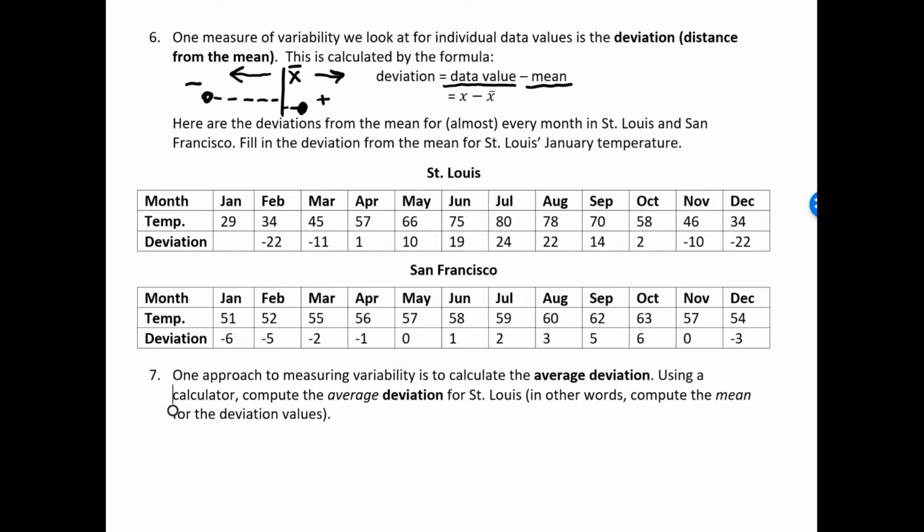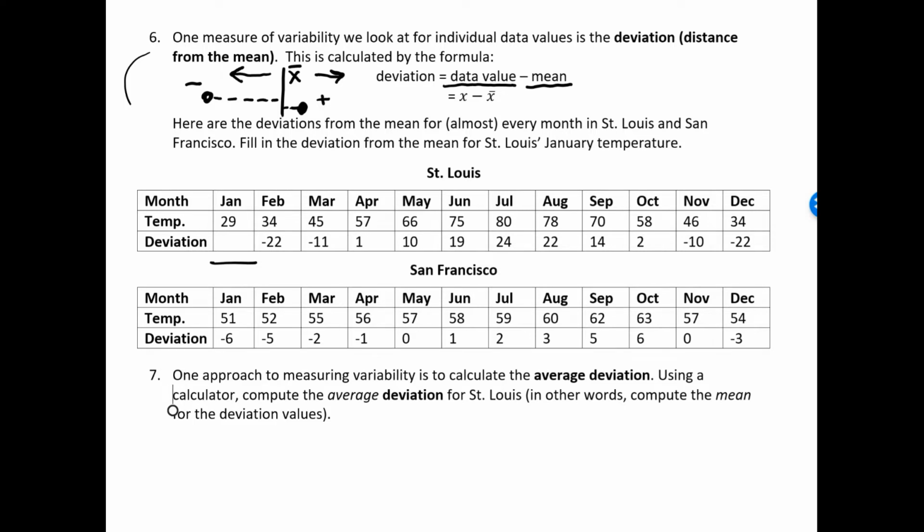So here in these two tables, they've been split up now, St. Louis and San Francisco. We have the mean for almost, because there's one missing, as we'll see, every month in St. Louis and San Francisco. So I want you to fill in the deviation from the mean for St. Louis's January temperature. If you understand this concept so far and you want to go ahead and pause your video and try to find out what the deviation is for St. Louis, go ahead. Otherwise, here